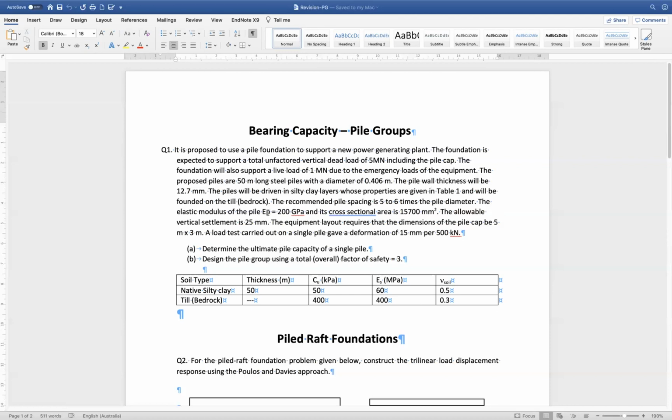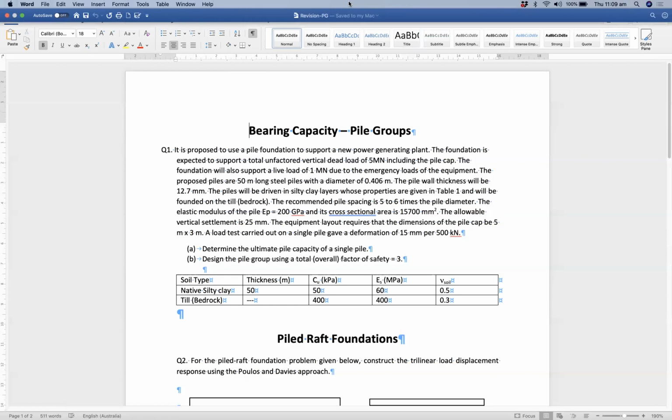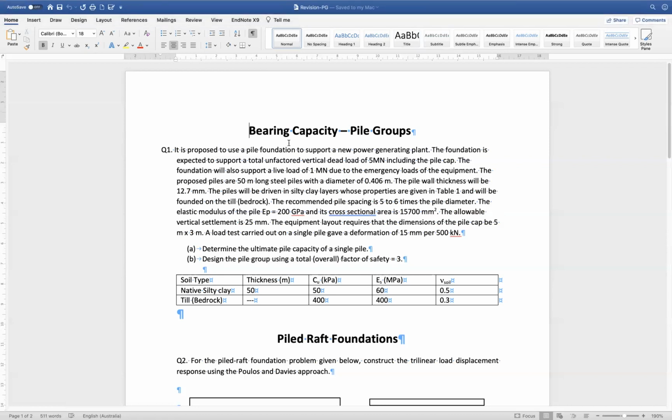The elastic modulus of the pile is 200 gigapascals, and its cross-sectional area is 15,700 millimeter square. The allowable vertical settlement is 25 millimeter. The equipment layout requires that the dimension of the pile cap be 5 meter times 3 meter. This is the dimension of the pile cap, which is going to carry the load. A load test carried out on a single pile gave a deformation of 15 millimeter per 500 kilonewton. That will be required for the settlement